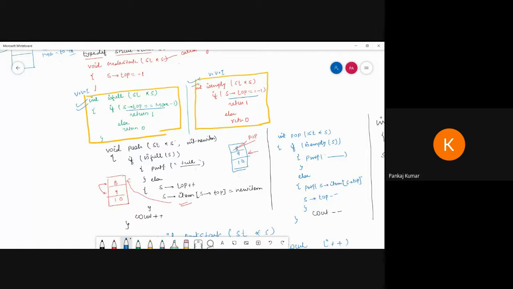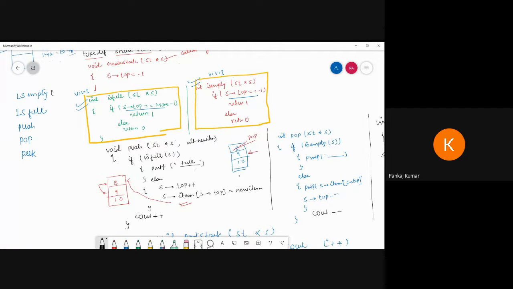Now see, here we can perform the operations: is empty, is full, then push, then pop. Sometimes it's possible that you also have to perform the peek operation.